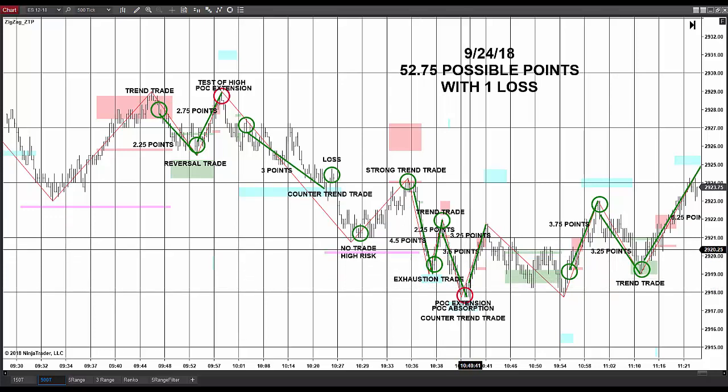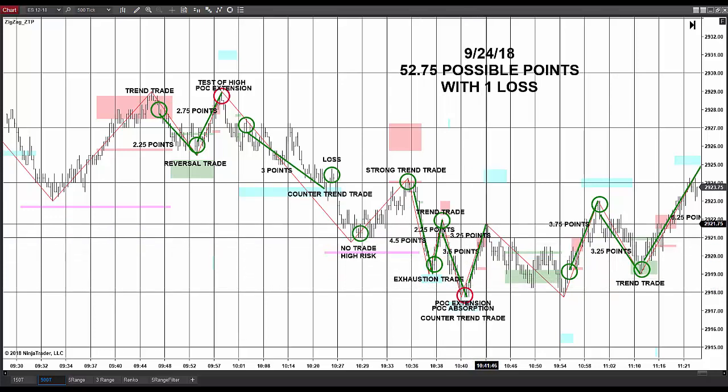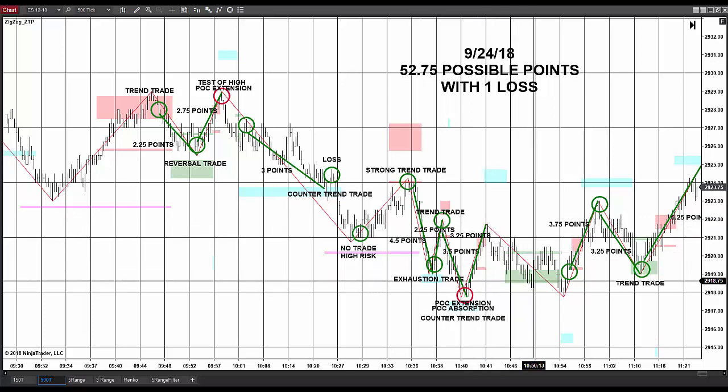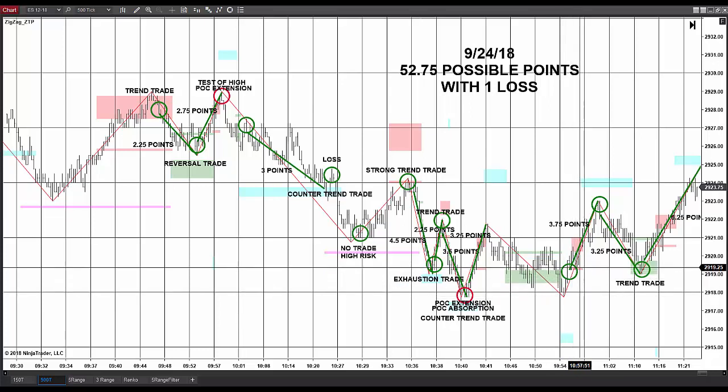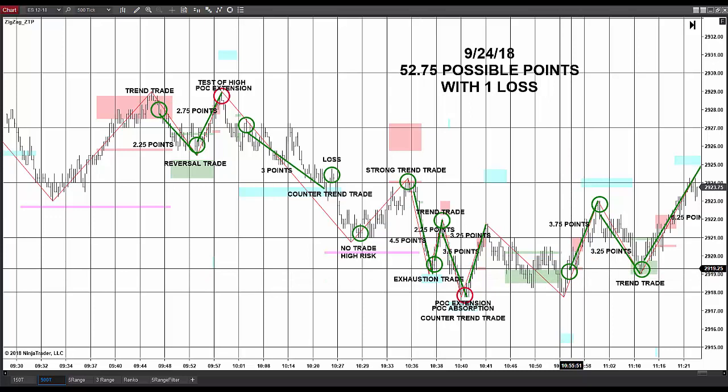That trade itself was good for another 3.25 points. However, there was no trading signal here to take this back down to the test of this low. At the test of the low, we didn't see the trading signal until we got to this point right here. Your entry would have been